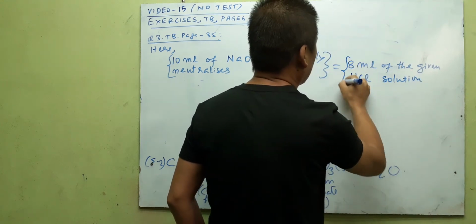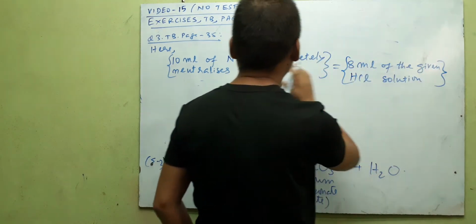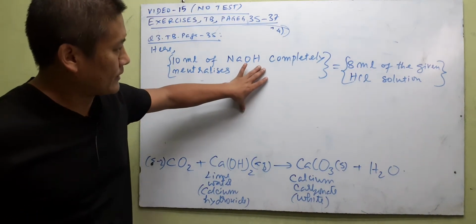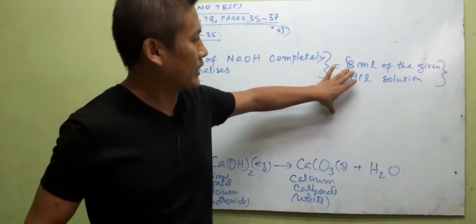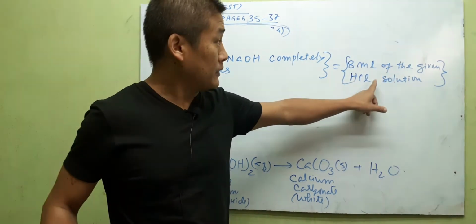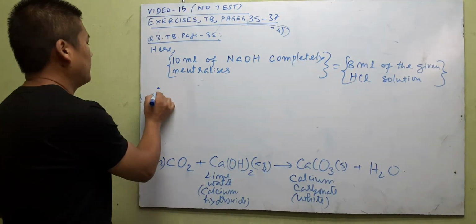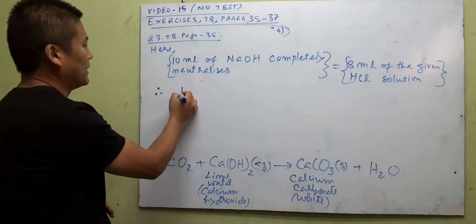So there are two containers, one with NaOH, the other with HCl. So 10 ml of the NaOH of that sample completely neutralizes 8 ml of the given HCl solution. That's given to us. Therefore, 1 ml